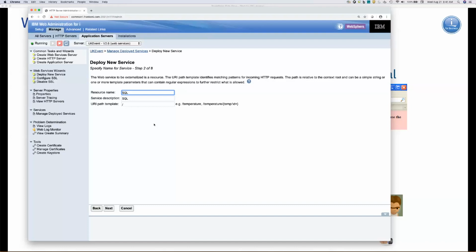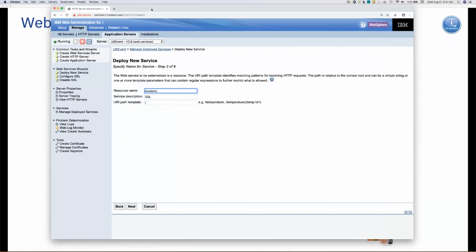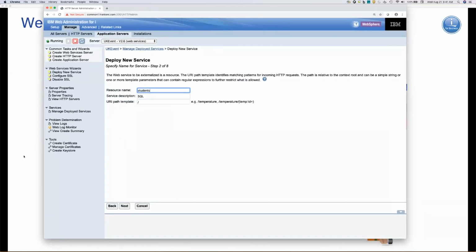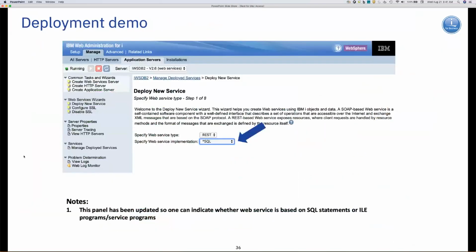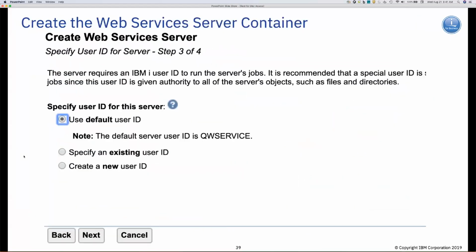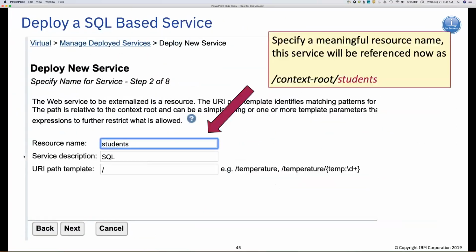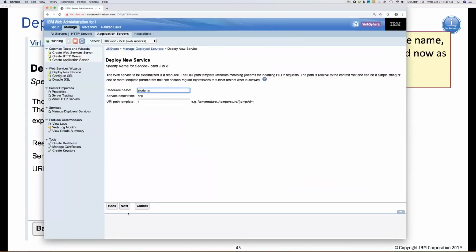Okay, so now I've got my new service that I want to deploy. The resource name is going to be students. Service description, SQL is fine. My URI path, I believe that should be just fine as well. And if you want to check to make certain that I'm doing this right, in our presentation, if I scroll down here a little bit, I created the server. I've put all the screens in here for you, so you can follow along as we go to make certain that we're specifying this right. So there's my students, my SQL stuff. If I click next,